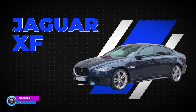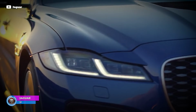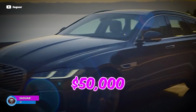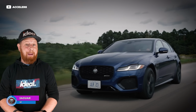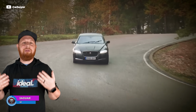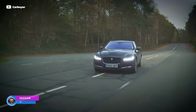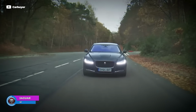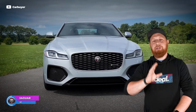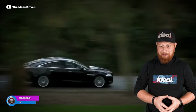The Jaguar XF once epitomized British elegance, but now, well, they're about as desirable as a cup of cold tea. But why? Well, first, it's priced at around $50,000, not exactly budget friendly, and that's for a base spec car with no all-wheel drive and a 4-cylinder engine. They can be optioned way up from there, but given the stiff competition from brands like Audi, BMW, and Lexus, paired with the XF's history of dicey reliability, it shouldn't come as a shock that these cars haven't exactly been flying off the shelves. Look, Jaguars are known for their refined looks and refined driving dynamics, but in terms of maintenance and repairs, they're...